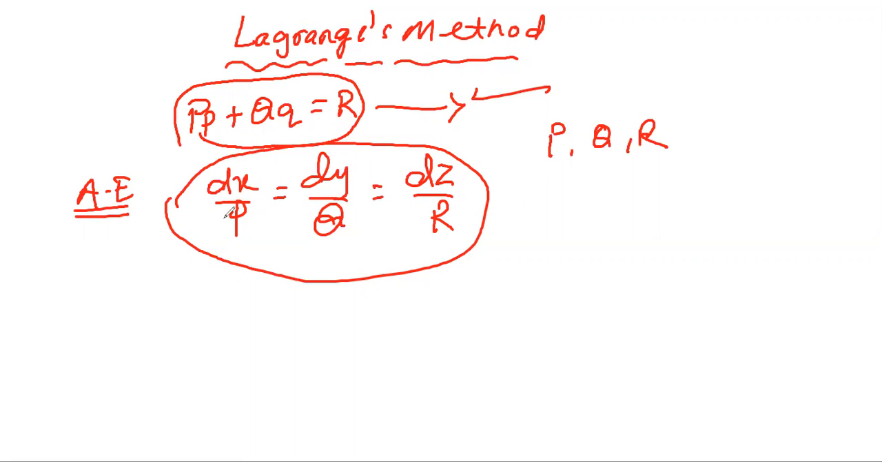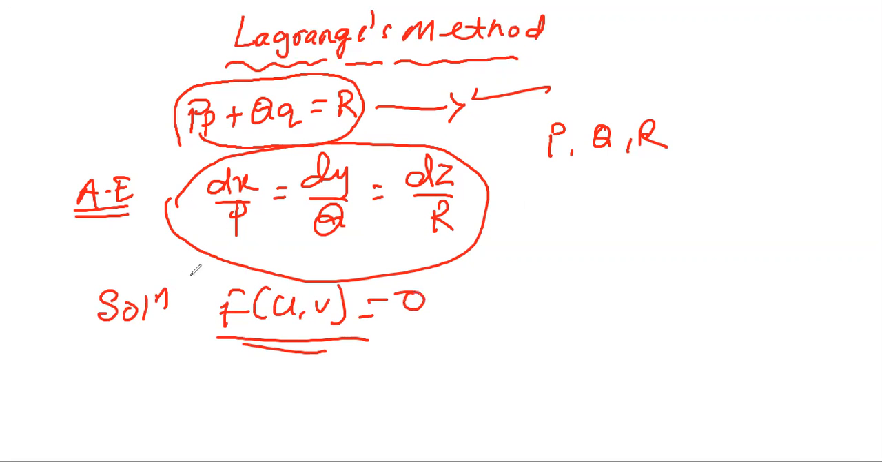Then how to solve this one? Now this is the solution step. The solution is a function of u comma v equal to 0. So what is u? u is one solution, the integrating constant of one solution, and v is another solution, the integrating constant of the other solution. So how to find u and how to find v? We consider any two solutions from the auxiliary equation,